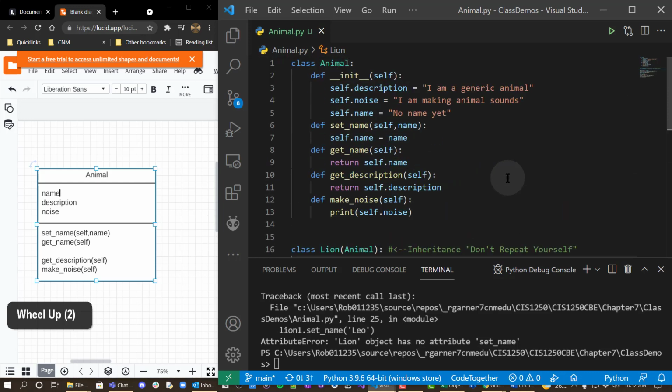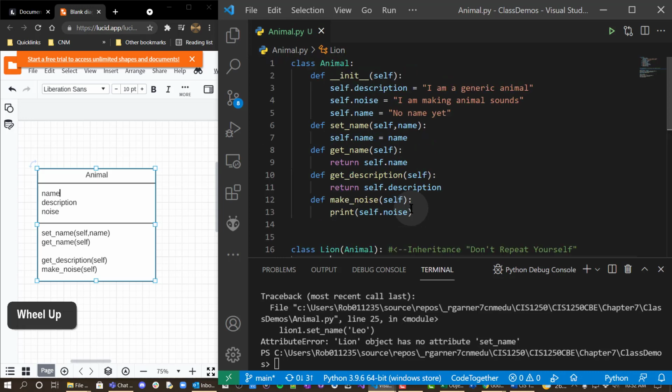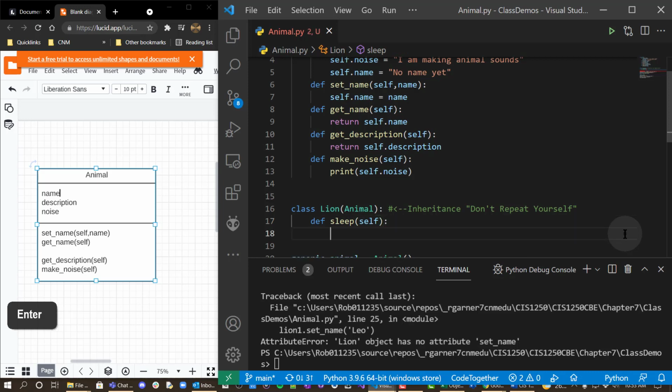Now, this wouldn't be very useful. I mean, why would we need a class that's empty if we already have one that does it? We could just make everything be an animal. Well, let's say we want to make some things unique. Well, one thing we can do is we could define a function that is unique to this animal. So lions like to sleep, so we're going to say that it has a sleep function,